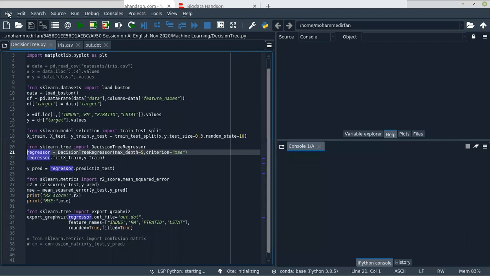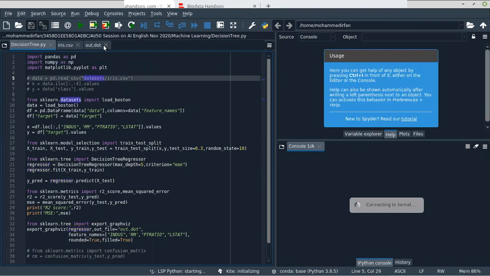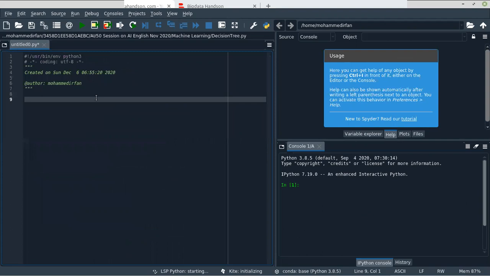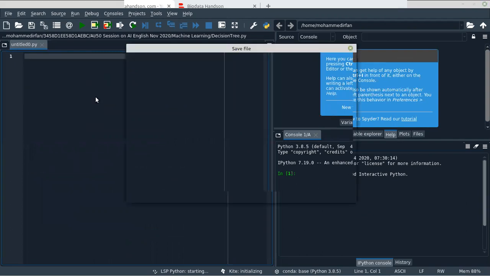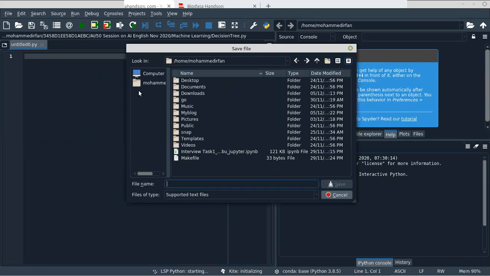Now let me create a new file and save this file.